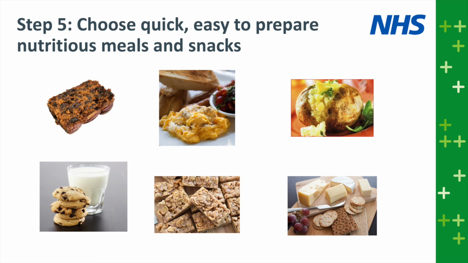Now, if you have a poor appetite, the thought of going in and preparing a big meal may be quite overwhelming. And even if you do that, you may feel by the time you've cooked it, your appetite for it has gone. So, trying to prepare quick and easy meals is a really good way of ensuring you get some of that nutrition. So, something as simple as a jacket potato with tuna mayonnaise or jacket potato with cheese and beans or scrambled egg on toast are really good, quick,